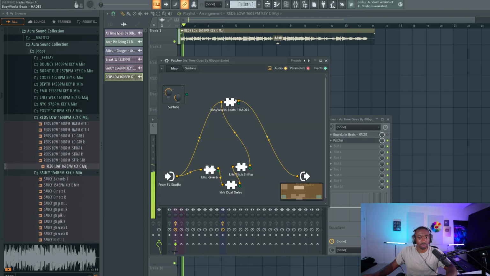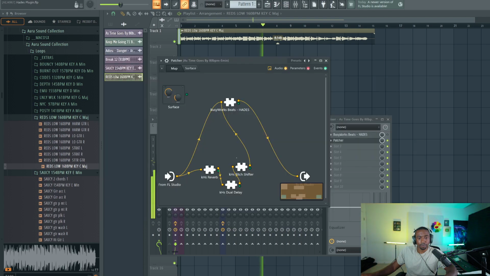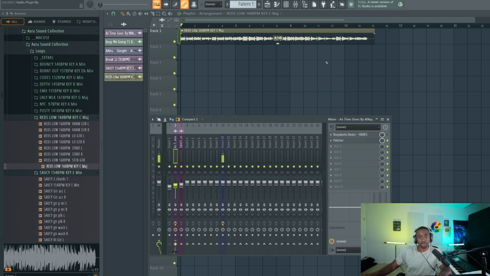Let's take off some of the vibrato on this sound. Now, if you pull the mix level to anywhere between 0 and 100%, you're going to get a chorusy sound here. Phasey, chorusy sound. Let's take off the granular pathway. So what we can do is just route it straight to Hades and then just turn off the extra path. So it's a quick way to try different effect chains quickly without having to turn off a bunch of plugins.